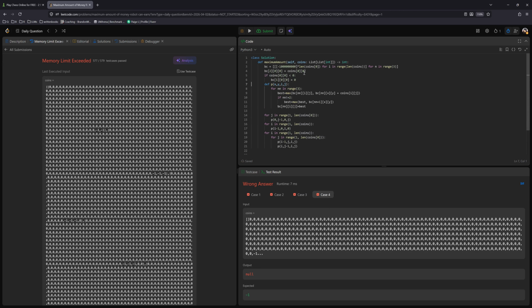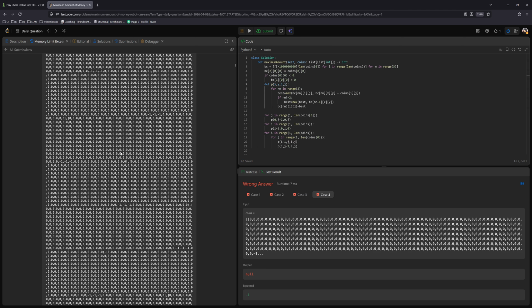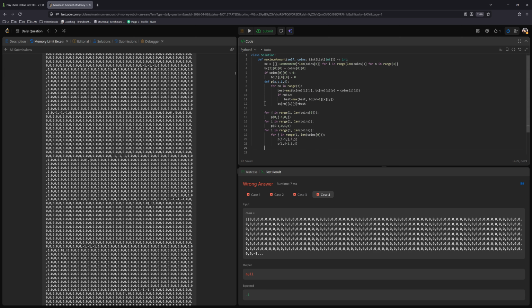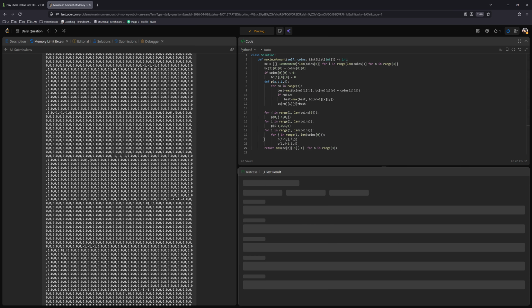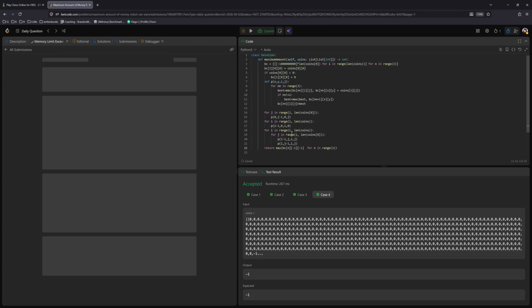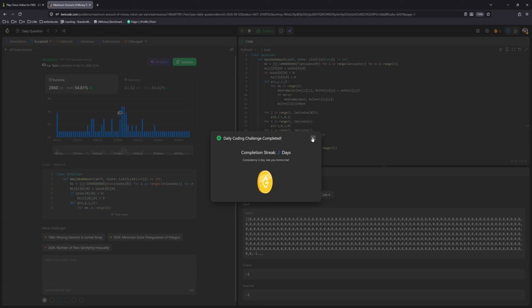Shouldn't have used memoization. I really didn't expect it to memory out like that. Okay. Now, once we are to the bottom, then we simply return max of BC of, well, let's not do it like that, for n in range 3, n, and negative 1, negative 1. Bottom right corner. Okay, right, and submit. Phew. All right, so